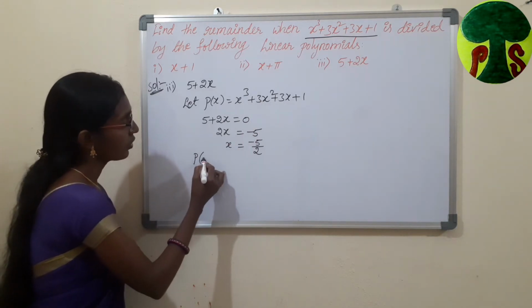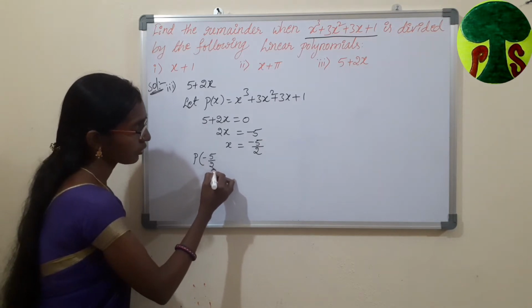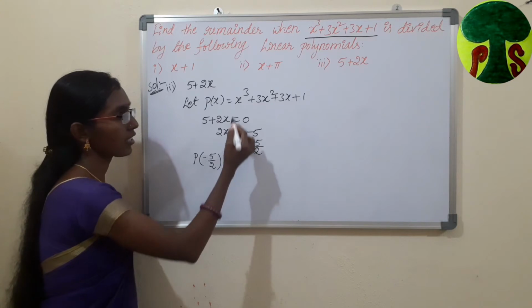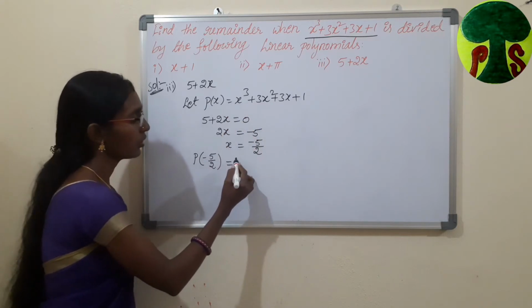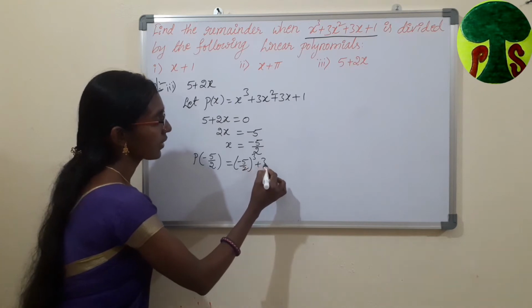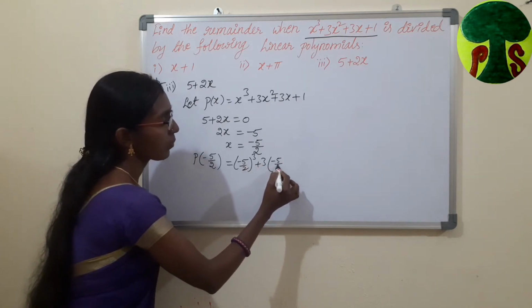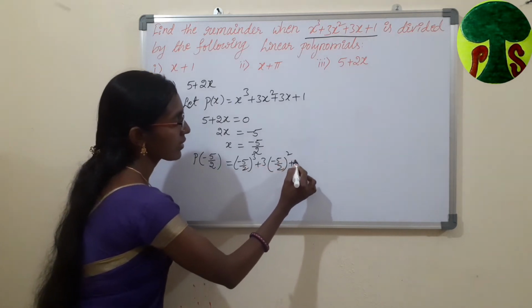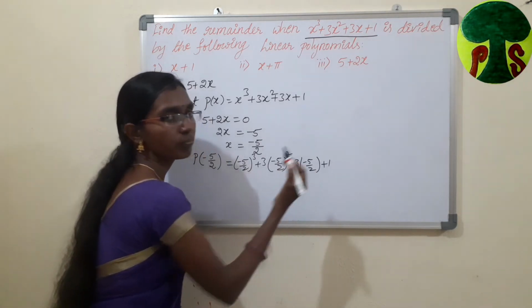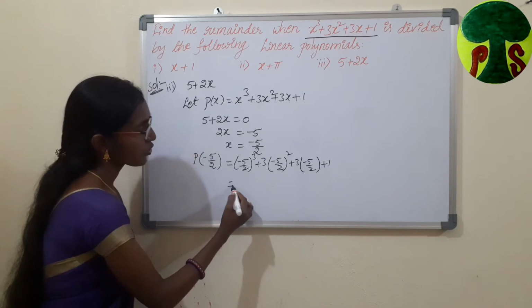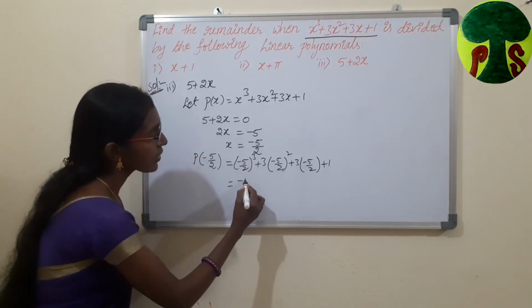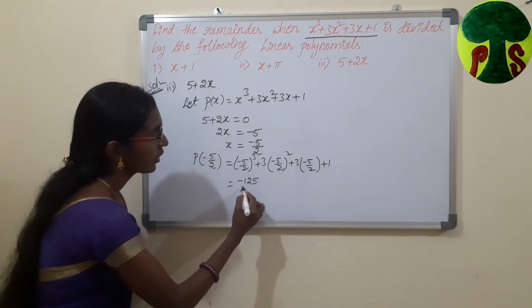So, p of minus 5 by 2 value we have to find. P of minus 5 by 2 is equal to, in the place of x we have to write minus 5 by 2. Minus 5 by 2 whole cube plus 3 into minus 5 by 2 whole square plus 3 into minus 5 by 2 plus 1, which is equal to minus 5 whole cube, that is minus 125 divided by